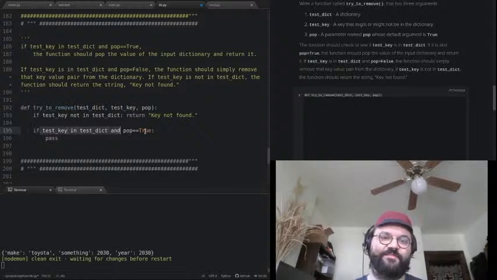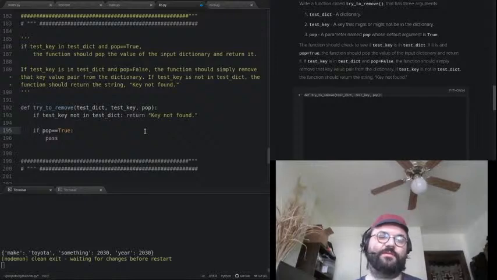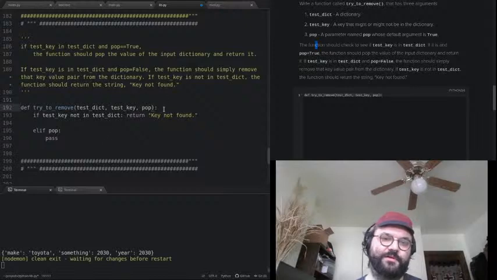Now we just need to see if pop is true or not. So elif pop is true, and since pop is, do we have a default for pop? I don't think so. No. Pop is going to be a boolean, a parameter named pop whose default, oh, we do have a default, so right, pop will either be true or false. So I can just say elif pop, then I'll say return